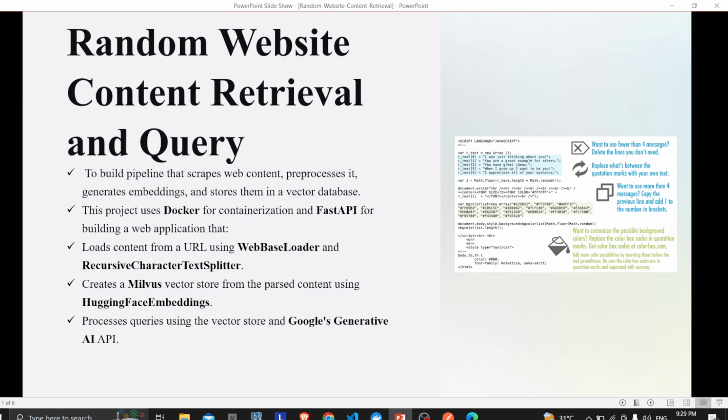It will be splitting it out so that the computer understands it more deeply. Regarding the content you are searching, it converts the question into embeddings, and then the most relevant things related to the question you have asked, the words in it, it will throw you output regarding that. So the recursive character text splitter is a type of text splitter available in the LangChain package, and then Milvus for vector